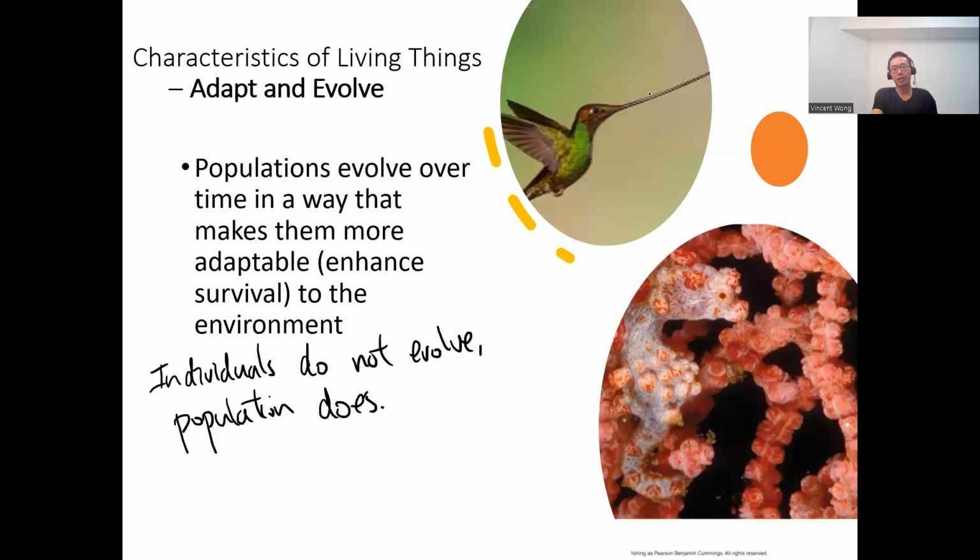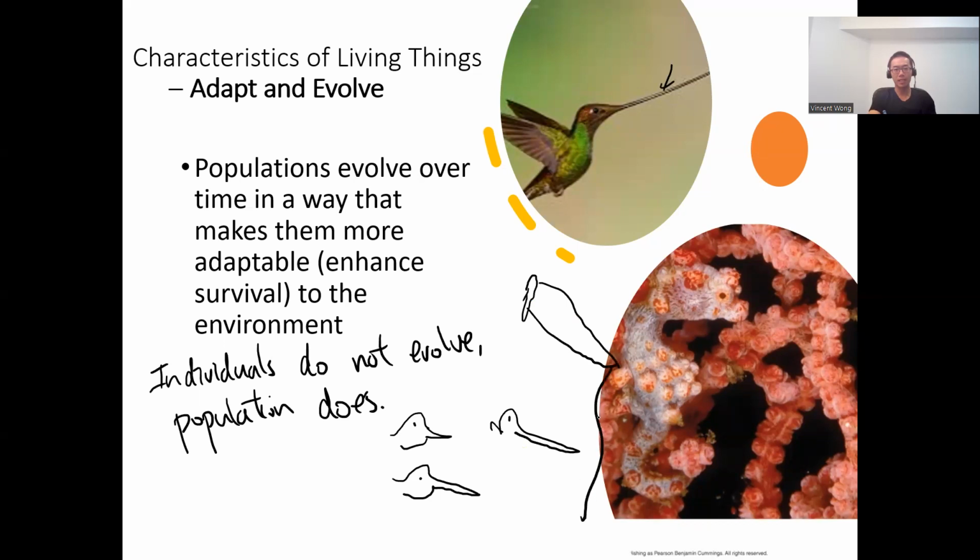This is a hummingbird, and you can see the beak is really, really long, right? So imagine a long time ago, maybe there are hummingbirds that have 3 kinds of beaks, okay? Like the one with the short beak, and the one with the medium beak, and the one that has the really, really, really long beak, okay? And then on this hypothetical island, the flowers that they get the nectar from have a really, really deep pocket. Okay,